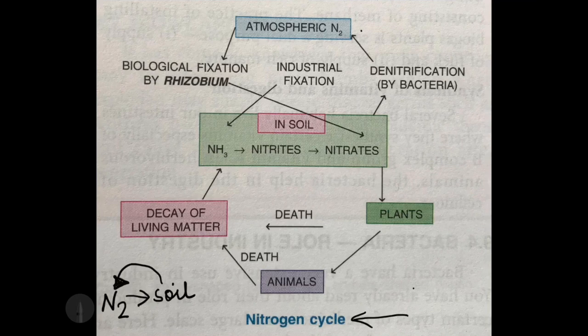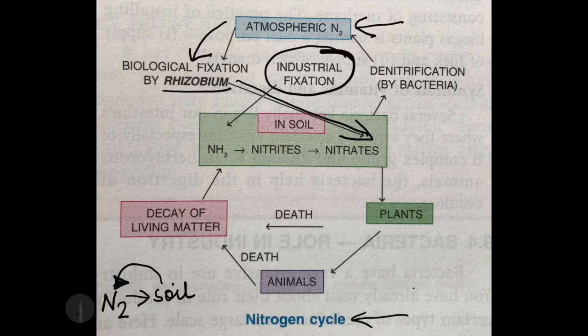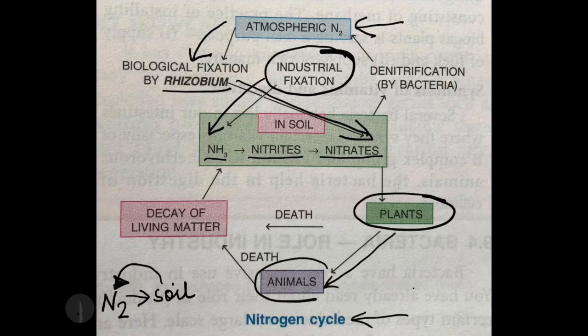Okay, so you can see how atmospheric nitrogen is fixed in the soil and turned into nitrates by bacteria Rhizobium, or industrial fixation in the industry where ammonia in the form of urea and other ammonium compounds is put in the soil. Even certain free living bacteria like Azotobacter and Clostridium convert the free nitrogen into ammonia first, which then converts into nitrites and then into nitrates, and then it is taken up by the plants and used by the plants, and from plants it is used by the animals when animals consume plants